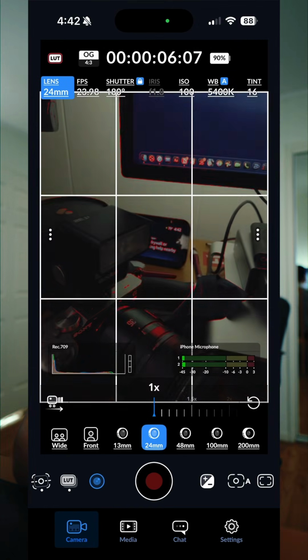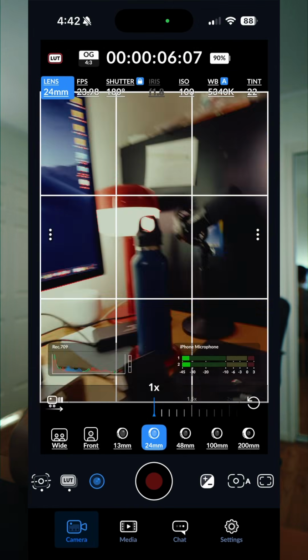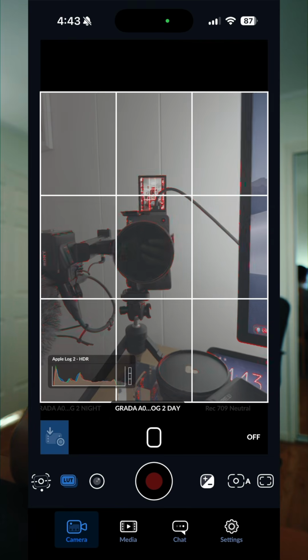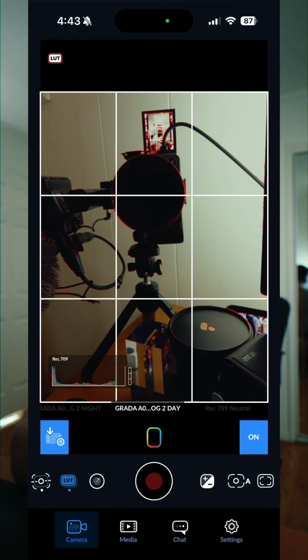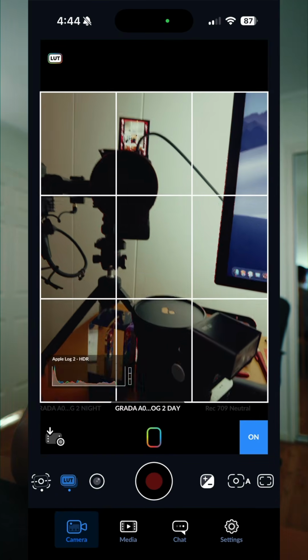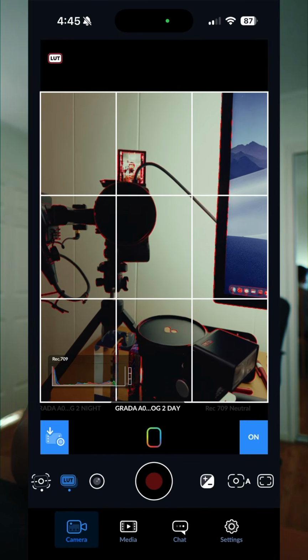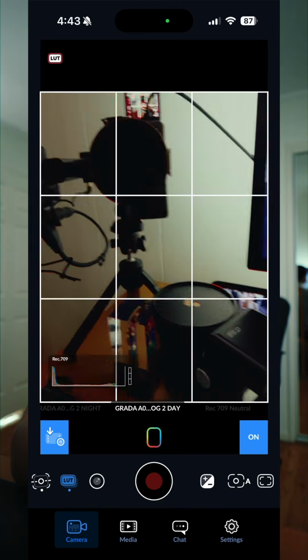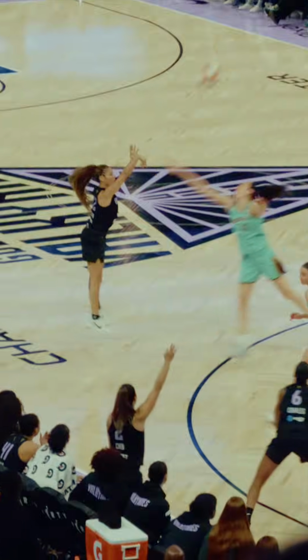Now back onto the camera screen, if you are shooting with a LUT on, this is what the LUT looks like turned off. It looks pretty mushy and not very pleasing, but the reason why I shoot with a LUT on is because that way I can color grade, and this button on the left here is what I tend to use the most because if I'm just shooting iPhone clips and I want to just put them on Instagram stories, I can just bake the LUT into the footage so that I don't have to color grade the clips